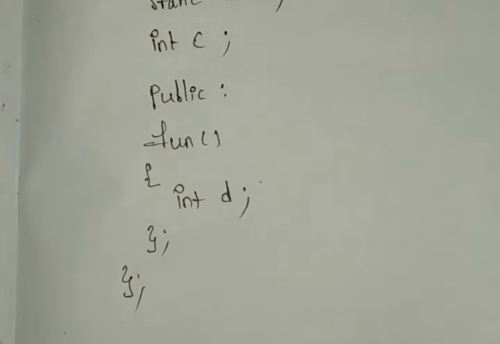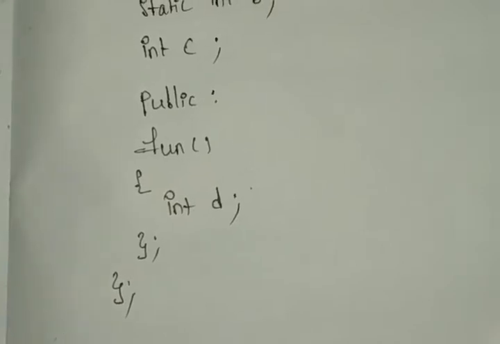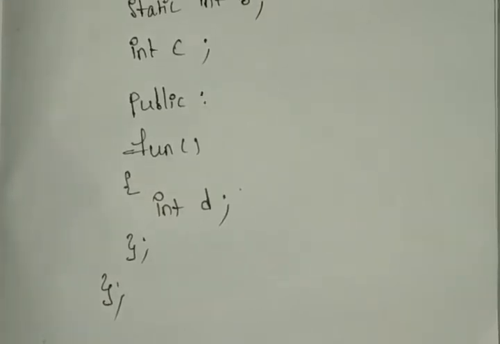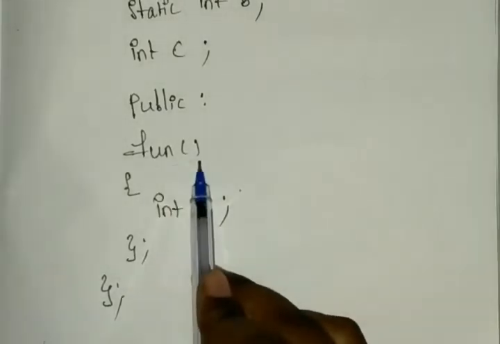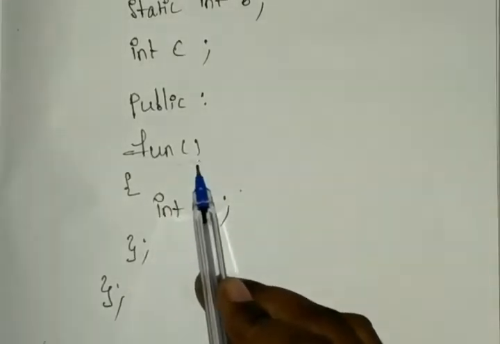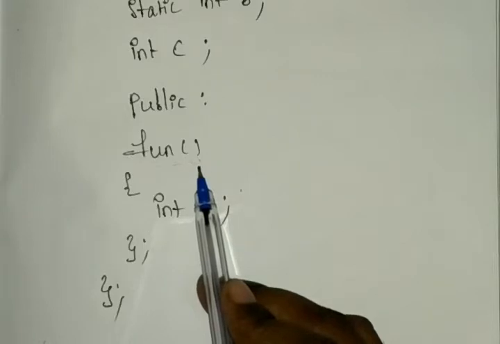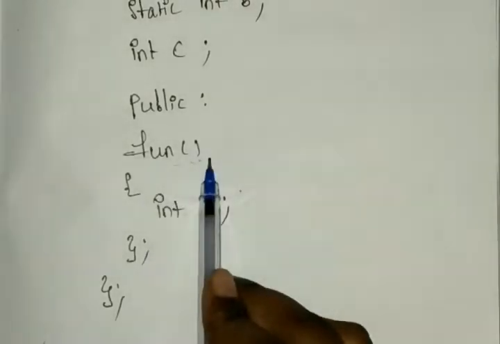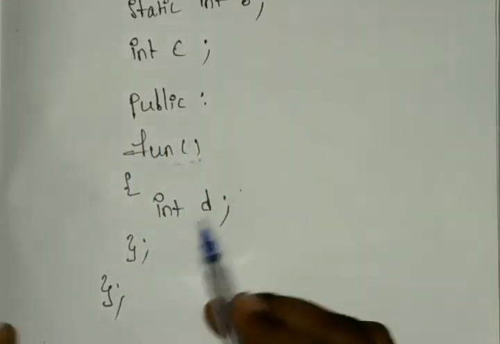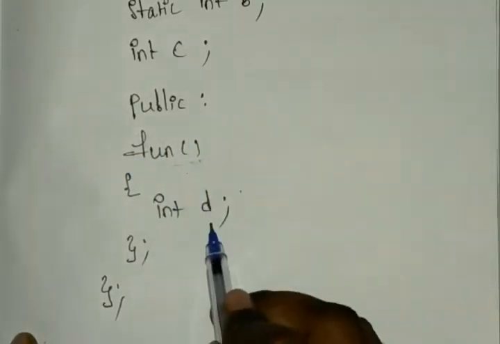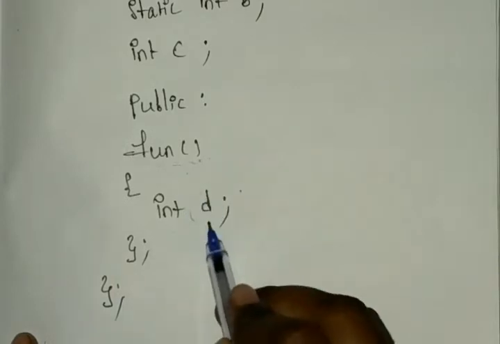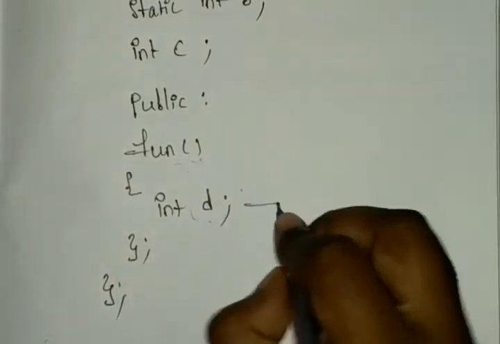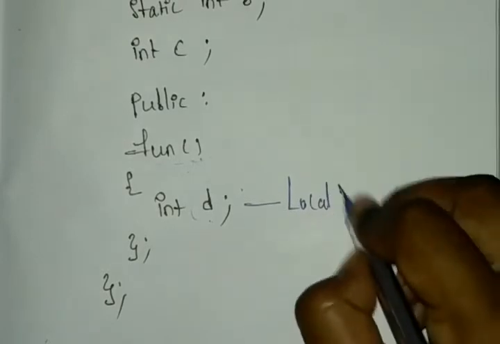You can see, suppose for example I am writing the program. First what we have here is local variables. These local variables are declared inside the method. You can see this is the method; your function is our method. Normally we write a main method, void main, like that. So here I wrote a function, so this is the method now. This function has int d. D is a variable now, so we can call this a local variable.